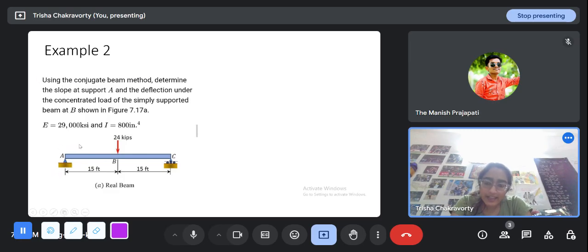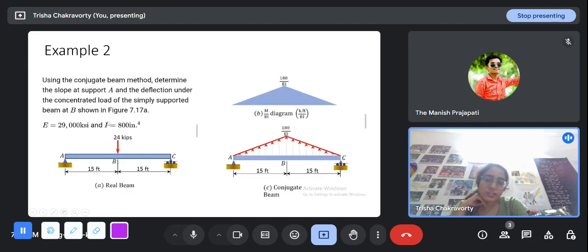These are some extremely simple things that people miss, but here you are asked to determine the slope at A. Since at A there is a hinge support which does not provide any support moment, at A the beam is free to rotate completely. So that slope for me is unknown, and the deflection at the concentrated load is unknown since there is no restraint here.